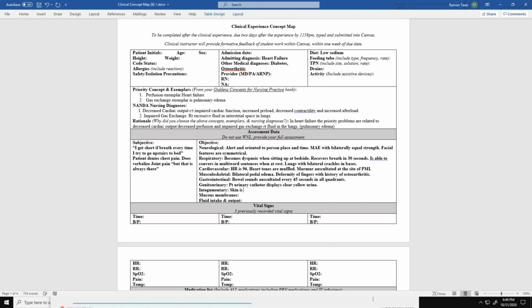Skin is, no, we're not going to say he's cyanotic. We're going to say warm and pink, so that's a good sign. But with sluggish capillary refill. All right, so